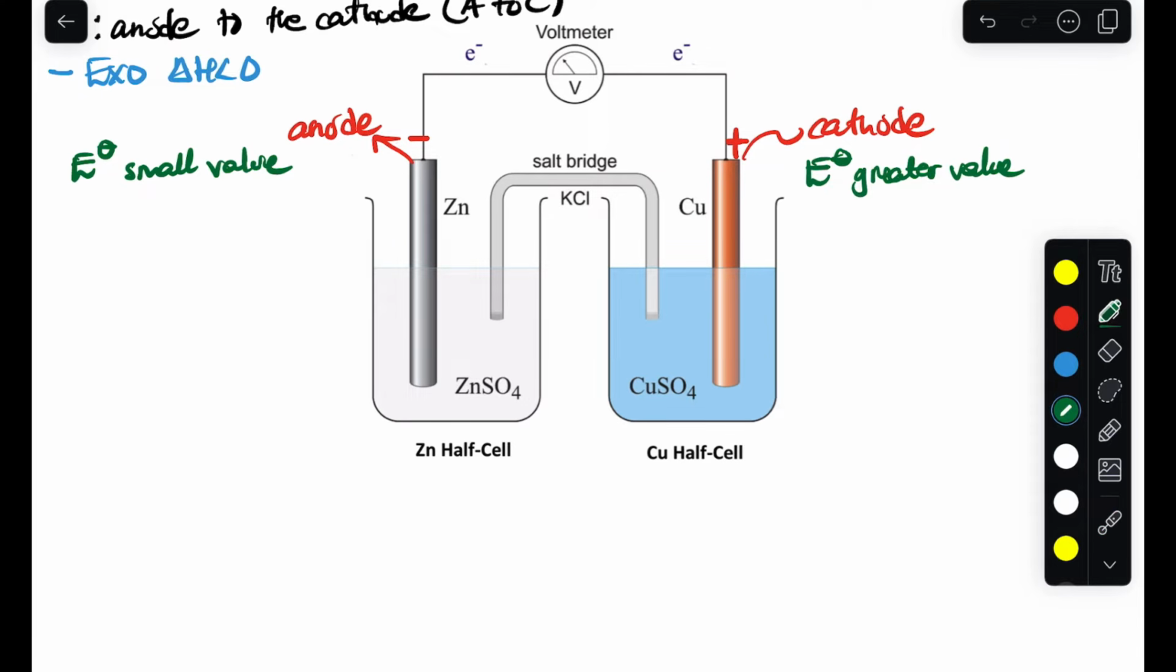Another important thing is the mnemonic, or the technique to remember what is happening in an anode. You use the word AN OX. AN OX means that in an anode, oxidation occurs. And another one is RED CAT, which means the reduction occurs in the cathode. Very important. Now let's write the half reactions